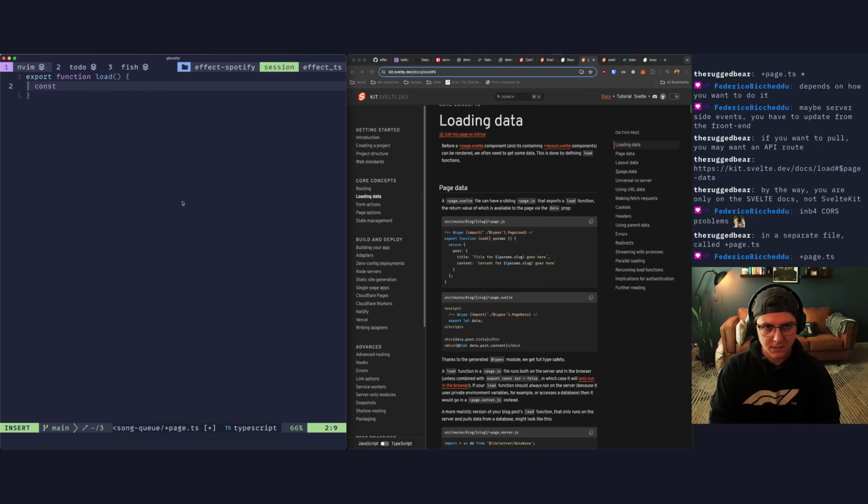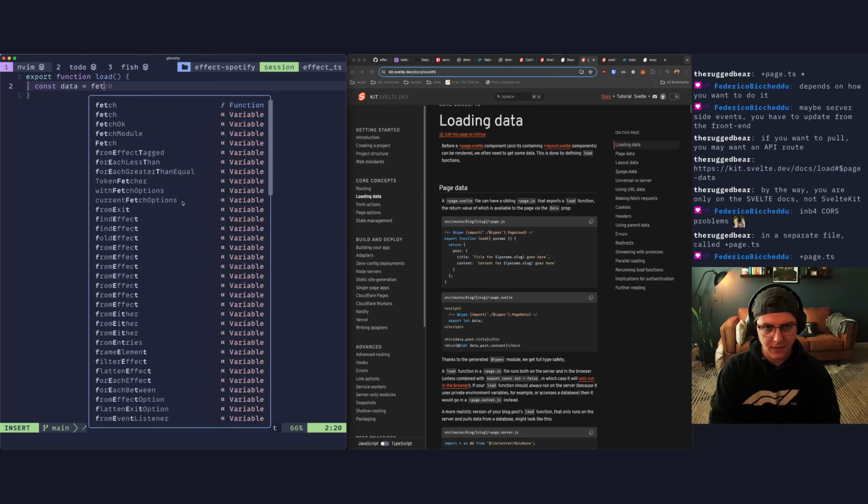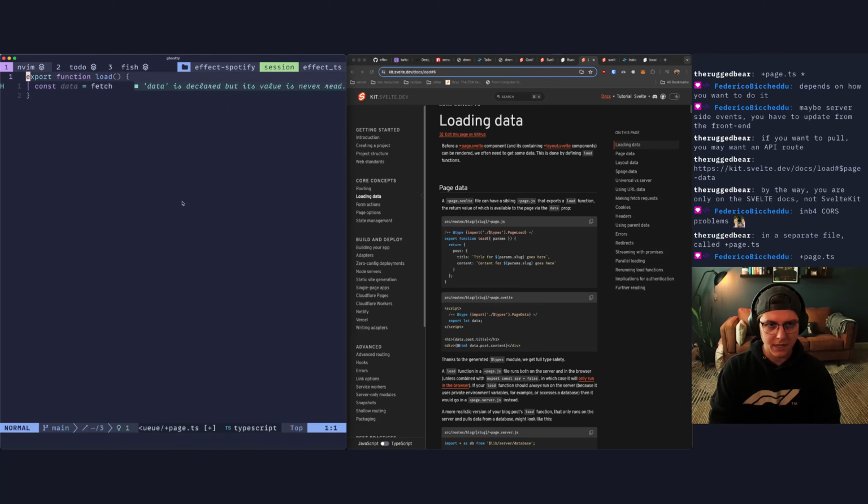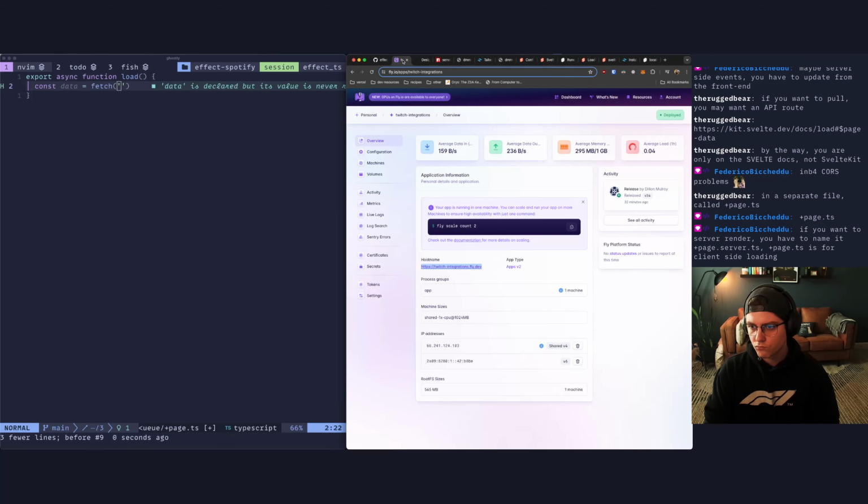And then we'll const data equals fetch. This can be async, right? We need that URL again. Copy, paste you in /song. I might skip this song.